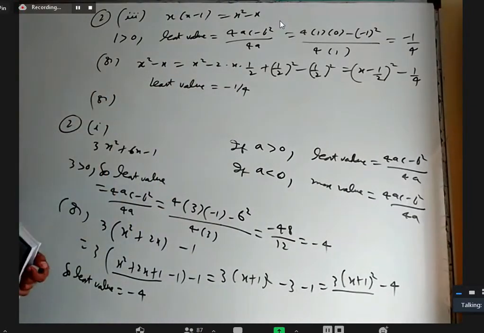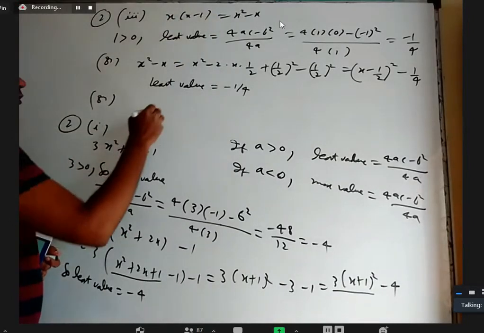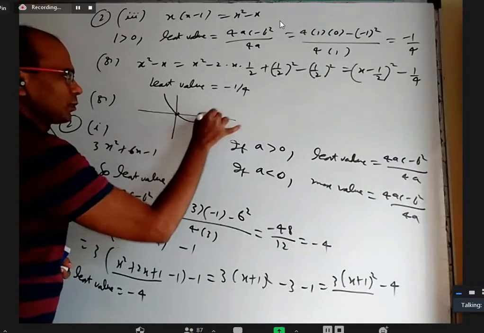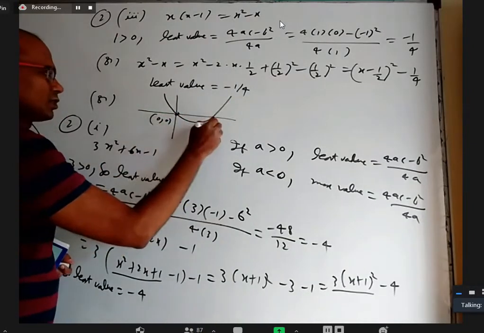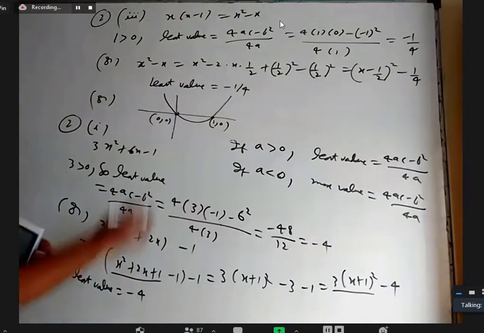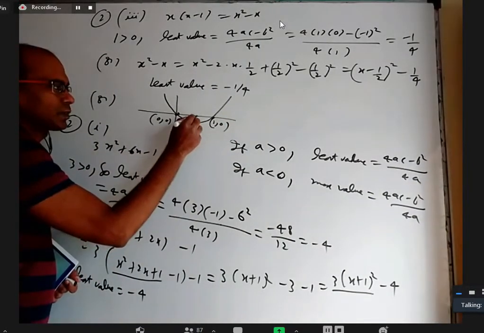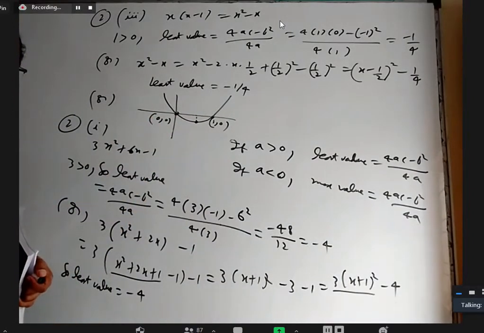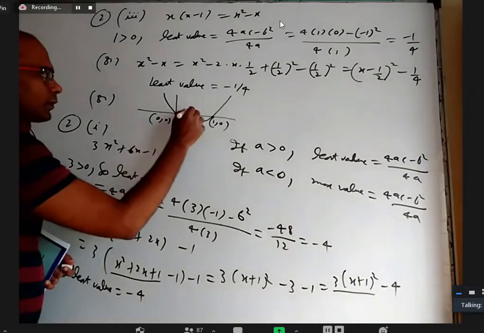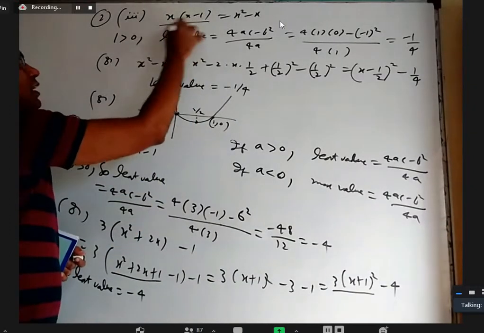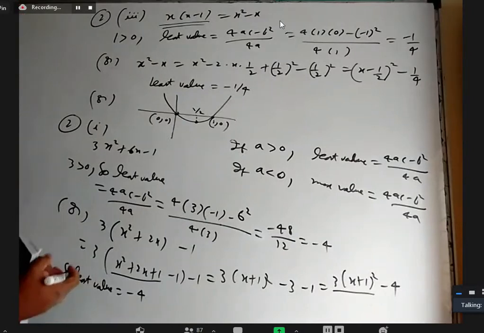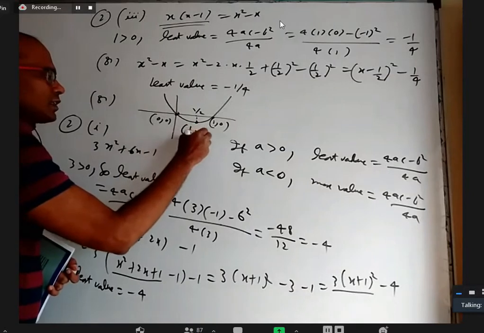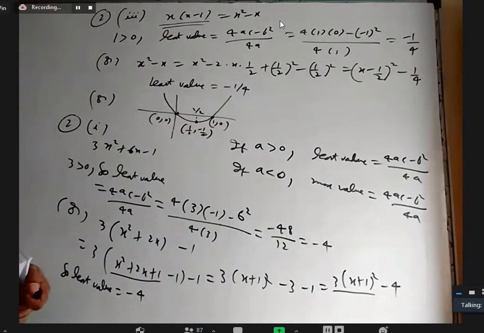One more thing I want to say. The graph of y equal to x into x minus 1 is 0 at 0, 0 at 1, and it is an upward parabola. This is 0, 0, this is 1, 0. From symmetry, can you tell what the x coordinate of the point in the middle of 0 and 1 will be? Half. When you substitute that half, what will happen to this value? Minus 1 by 4. That is the least value, the lowest point. So the minimum value is minus 1 by 4.